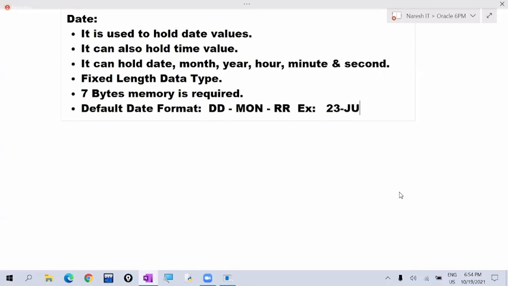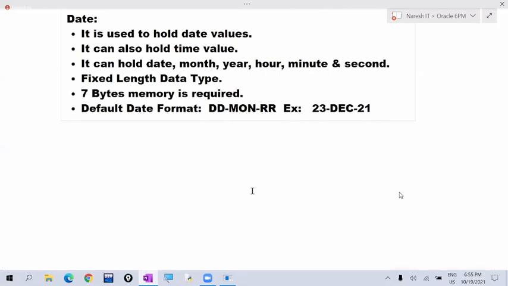If the month is June, we write JUN. If the month is September, we write SEP. If the month is December, we write DEC. So: date in 2 digits, hyphen, month name in 3 characters, hyphen, year in 2 digits. If we give 21, that will take 2021. So the default date format here is DD-MON-RR.